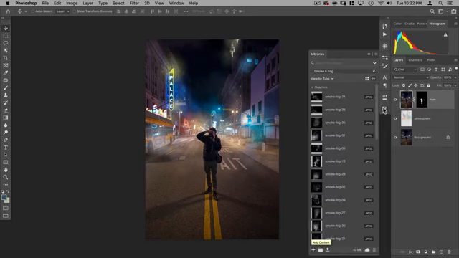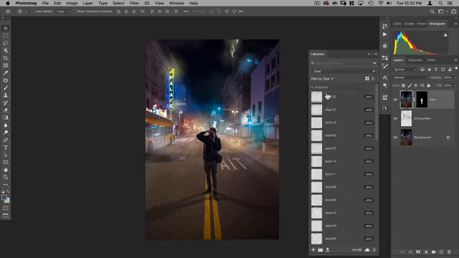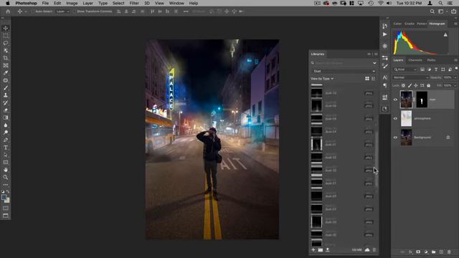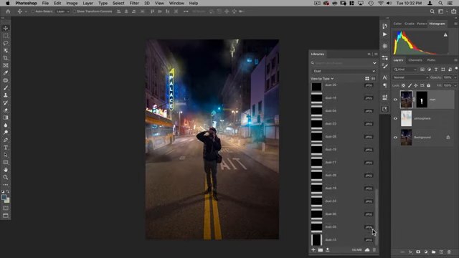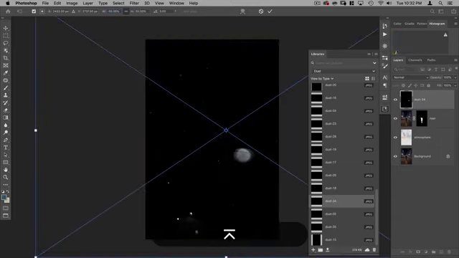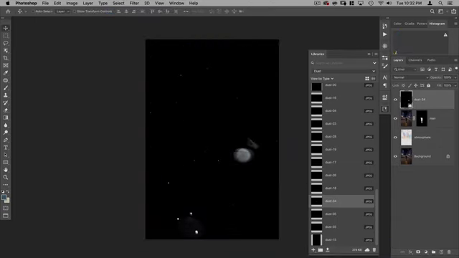So for this, I'm going to go to my libraries here, select my dust library, and I'm going to select the one called Dust 34. So let's find that in our library here. And it's right here. I'm just going to drag it into my file. And we're going to bring this to -55 and then hit enter.